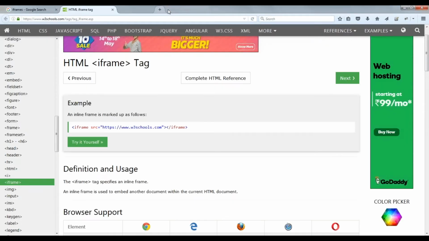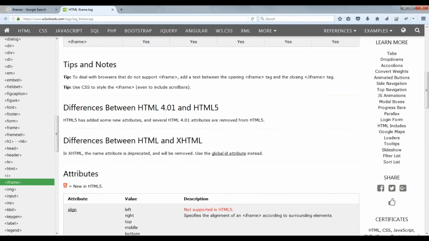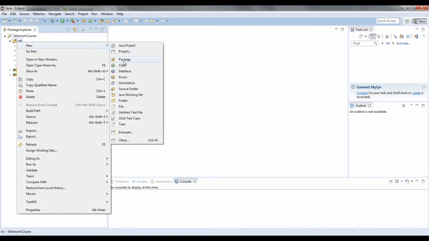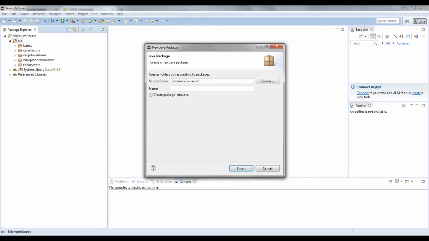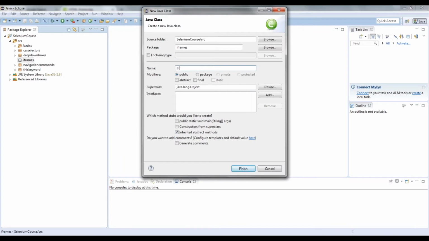What I will do is take up one example for iframe. I'm going to create a package iframes, and then I'm going to create a class iframe demo.